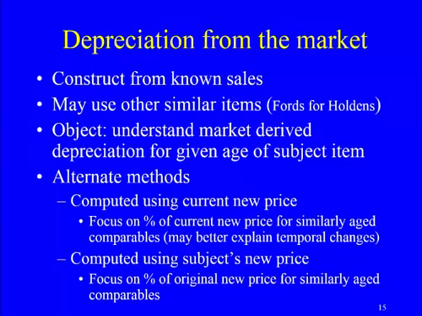There are 2 basic alternative methods to developing a depreciation schedule based on market evidence. The first is to compute using the subject's own, shall we say, historical new price. The examples we've looked at so far work on this basis, and this is largely what an accountant will do when they're working out a depreciation adjustment on assets on a balance sheet. And the reason is that the historical new price is known, and therefore it gives us a nice solid reference